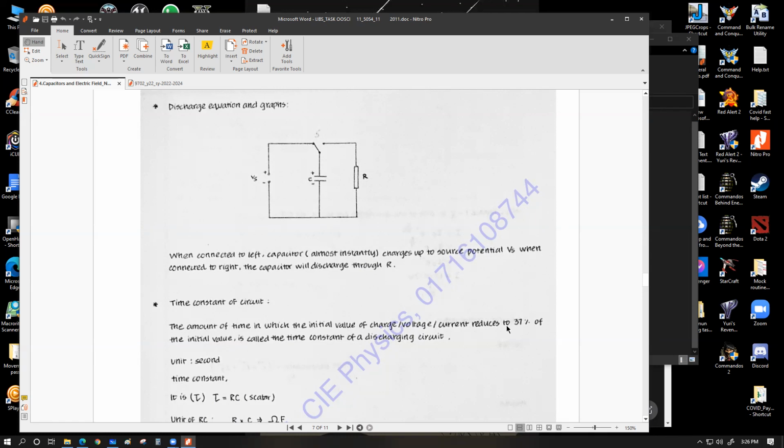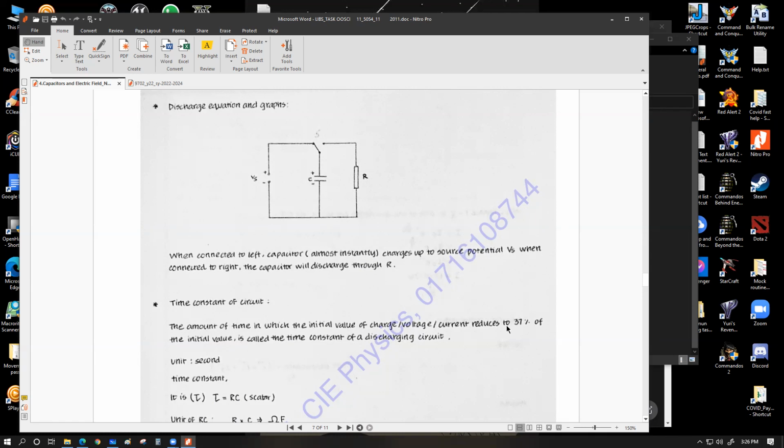2. Don't misunderstand this: it reduces by 37%. We're not talking about a 37% reduction. We're talking about up to 37% reduction. So, very important. From 100%, the time in which our values reduce to 37% of the 100%, that amount of time for a capacitor